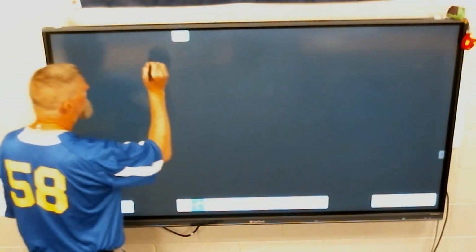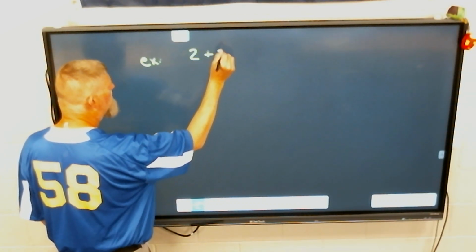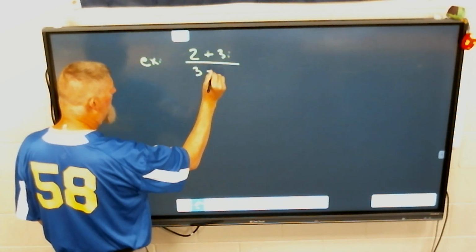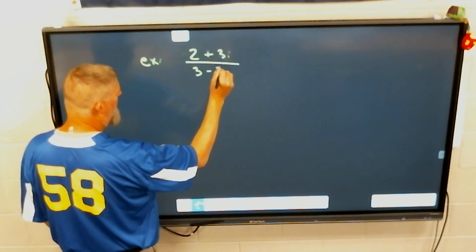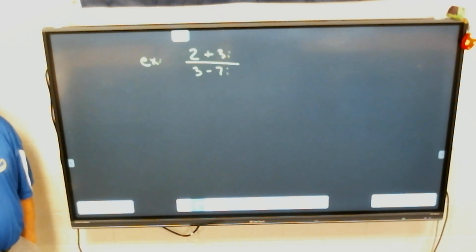Example. So let's actually write a function here. Let's say 2 plus 3i over 3 minus 7i. Okay. Now the issue is,